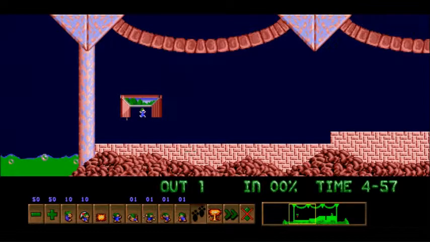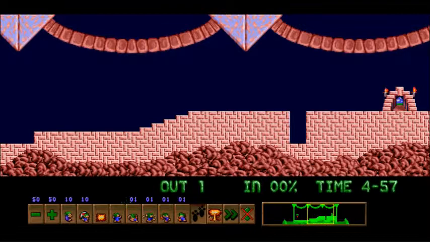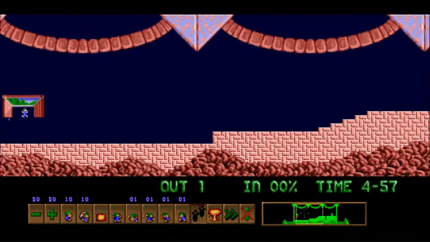So this is probably one of the most famous levels of Lemmings, because this is the part of the game where pretty much every beginner Lemmings player got stuck on this level. Because you use pretty much all of your skills. You only have to use 1 climber and 1 floater. So what we're gonna have to do,